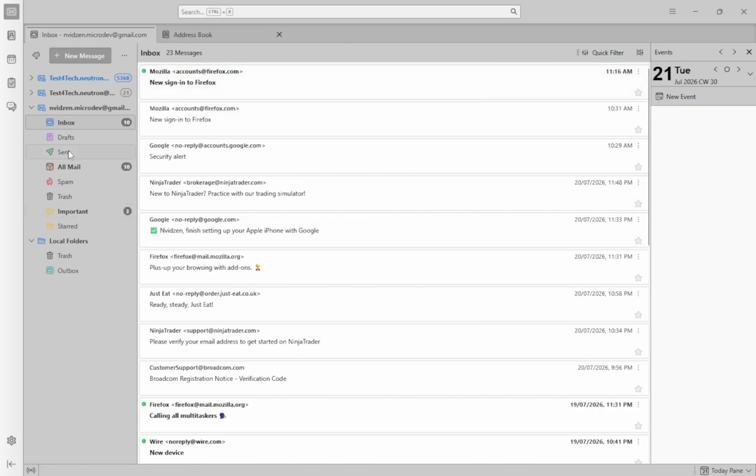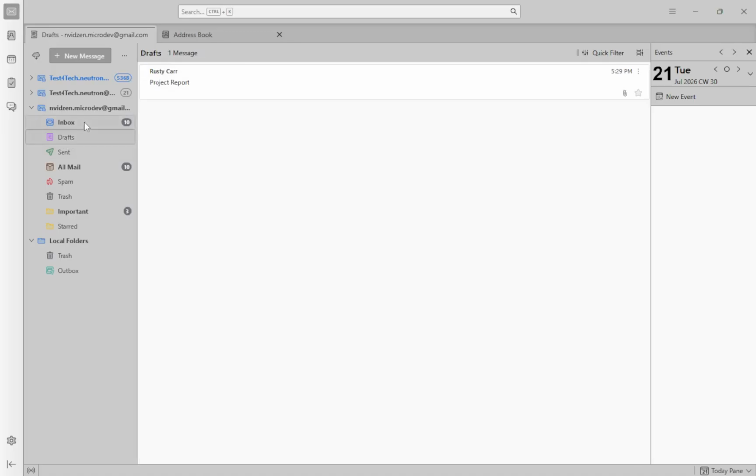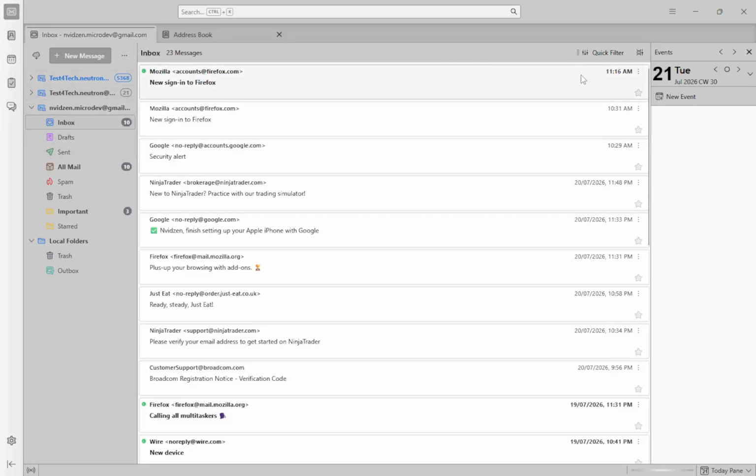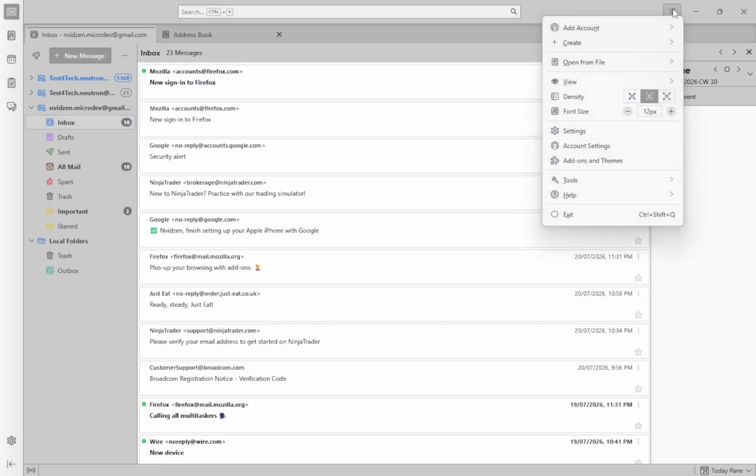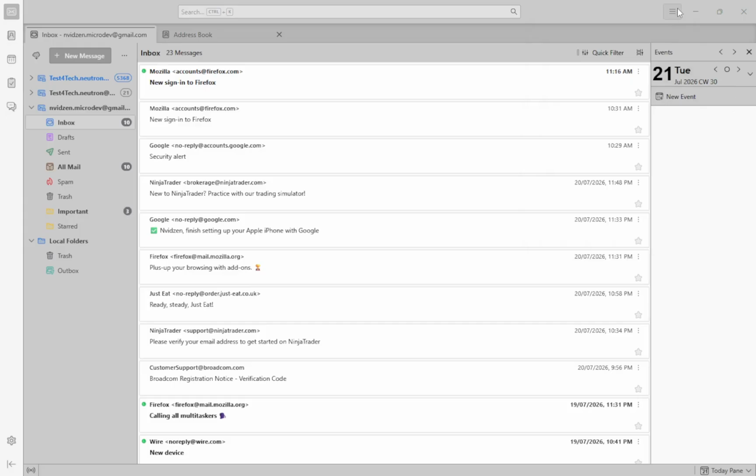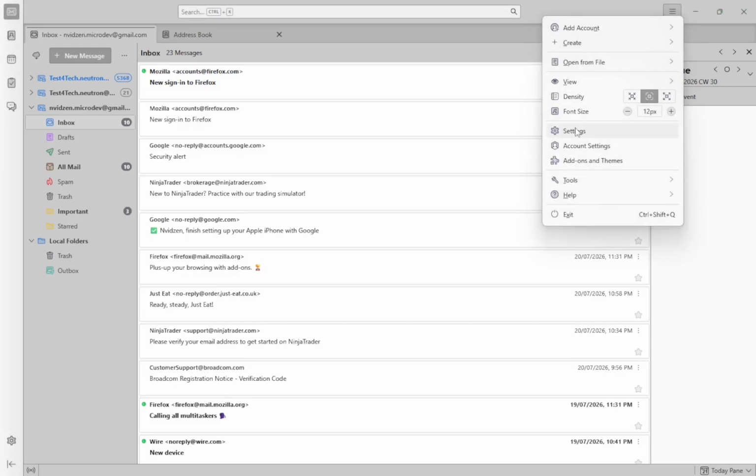your preferences. Next, click the Menu button, which is represented by three horizontal lines located in the upper right corner of the window. This button is often referred to as the hamburger menu. When you click it, a drop-down menu will appear, revealing various options that control different aspects of the application. This menu is crucial because it provides access to essential features and settings that you will use frequently. Take a moment to familiarize yourself with this menu, as it plays a significant role in navigating Thunderbird.